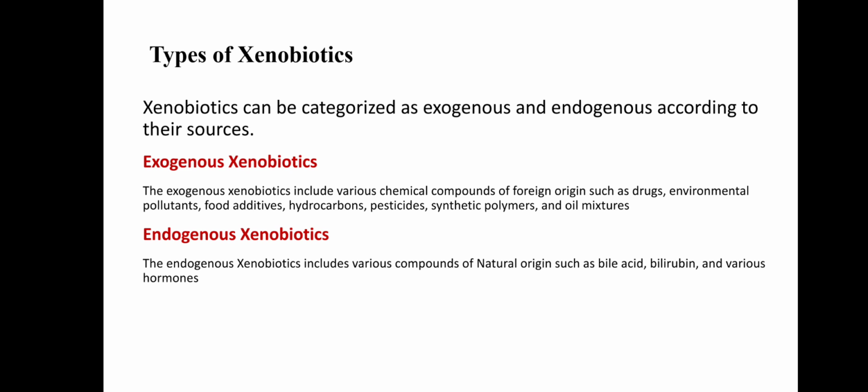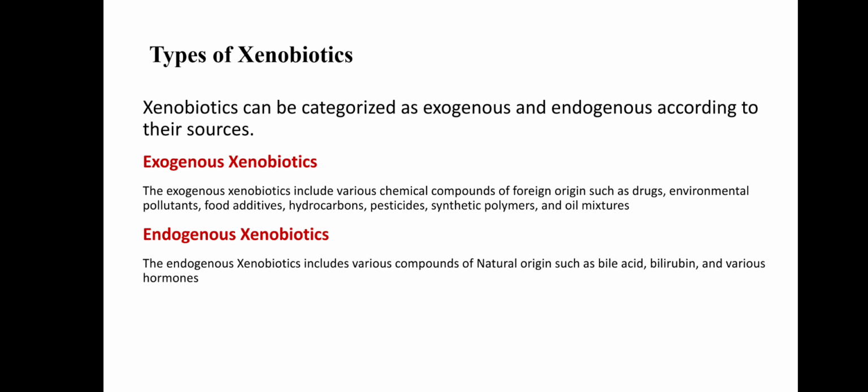What are endogenous xenobiotics? They are not foreign substances. They are synthesized in the body due to metabolism, that is, overproduced or produced in the body. For example, bile acids, which are produced in the liver; second is bilirubin, which causes jaundice; then steroids. Next one is exogenous